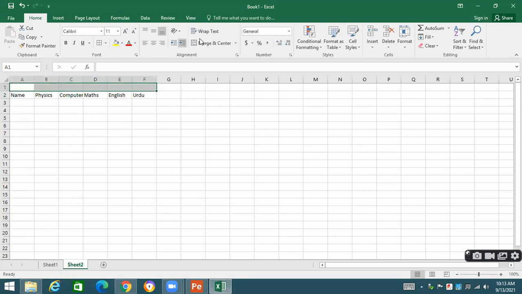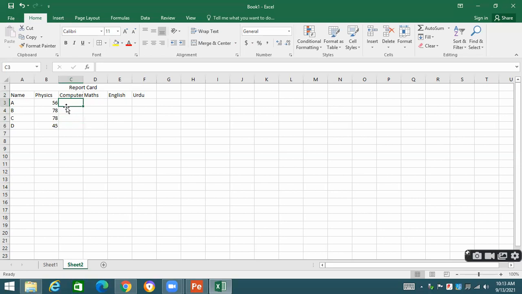Okay, this is the mark sheet. I am going to merge the cells. I'm writing over here that this is the report card. These are the students I'm mentioning over here: A, B, C, D. And I'm giving the marks out of 100.